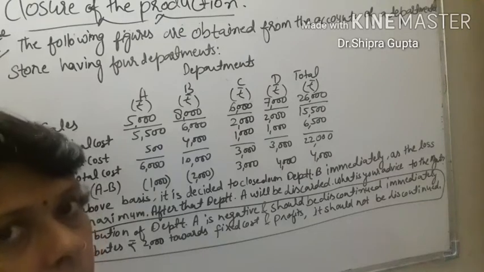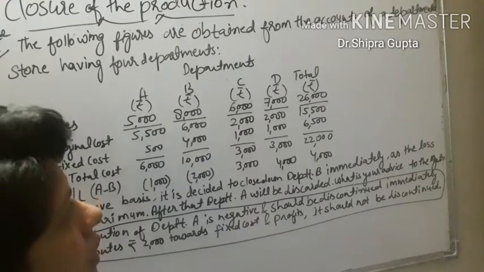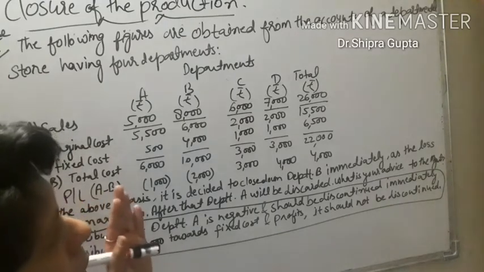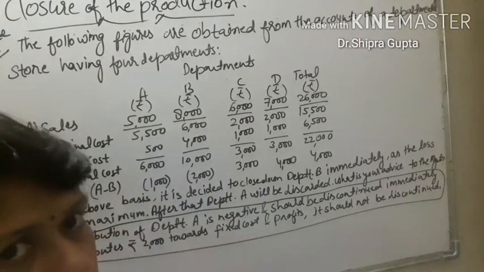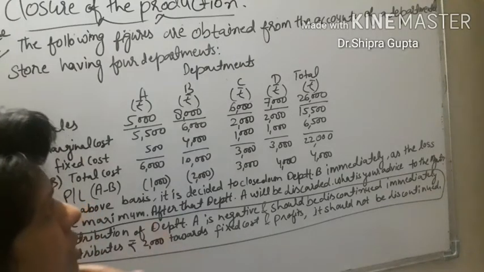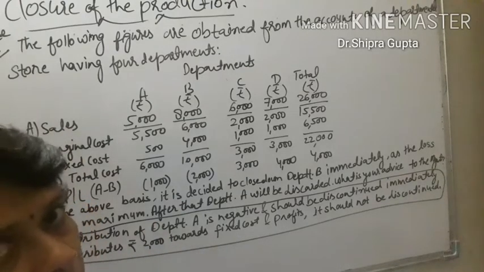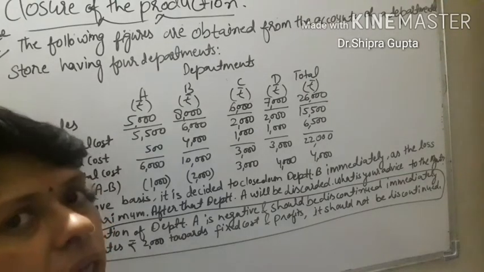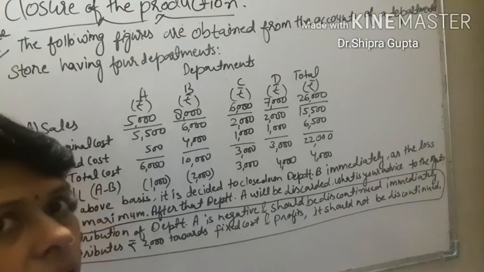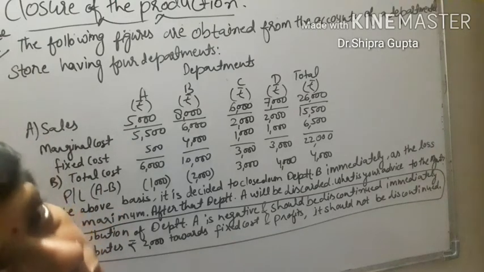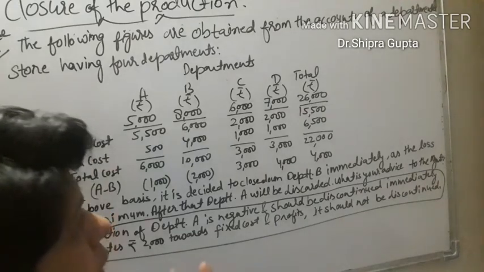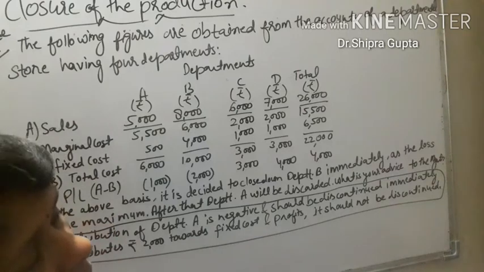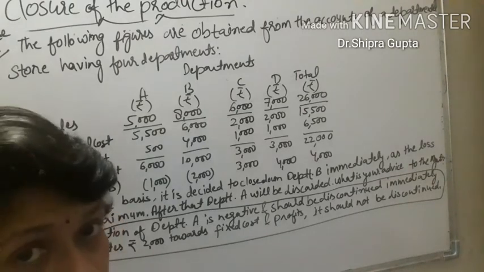First you will take the A, B, C, D total contribution, deduct fixed cost, and then the profit will come. Then you will discontinue B: A, C, D contribution less fixed cost, and then net profit will come. Then when A is discontinued, the B, C, D total contribution less fixed cost, and then profit will come. Then you can easily compare each unit to see which department should be discontinued. So in these questions comments are most important, so you will write this in a proper manner. If you have faced any problem, then you can ask.